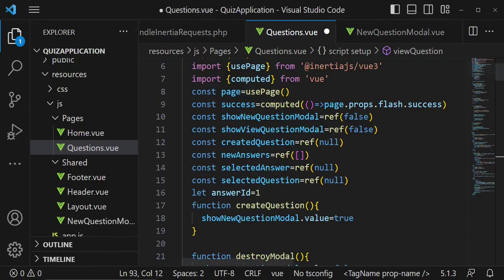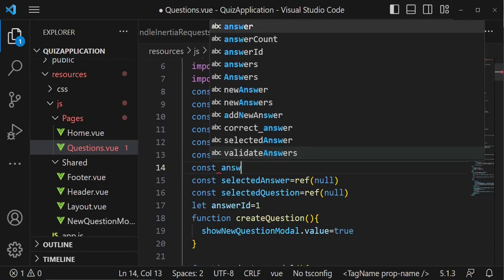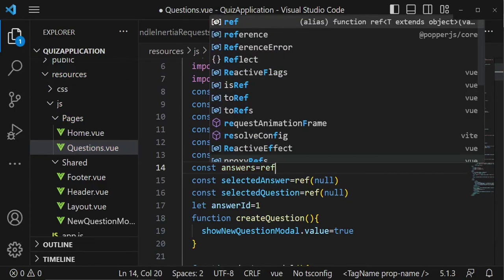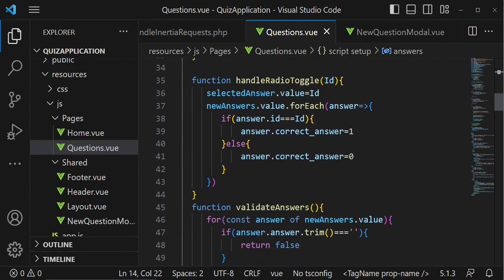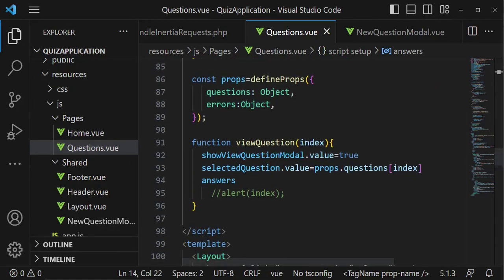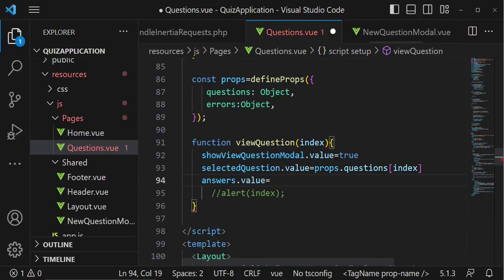Just the same way we did on the previous tutorial. So here we have new answers, and I also want us to have another one. So const just answers. And in this case we can use ref and we can set it as an empty array. So I want us to put some values inside that array, and this is what we are going to do for us to be able to do that. So I will say answer.value is going to be given by props